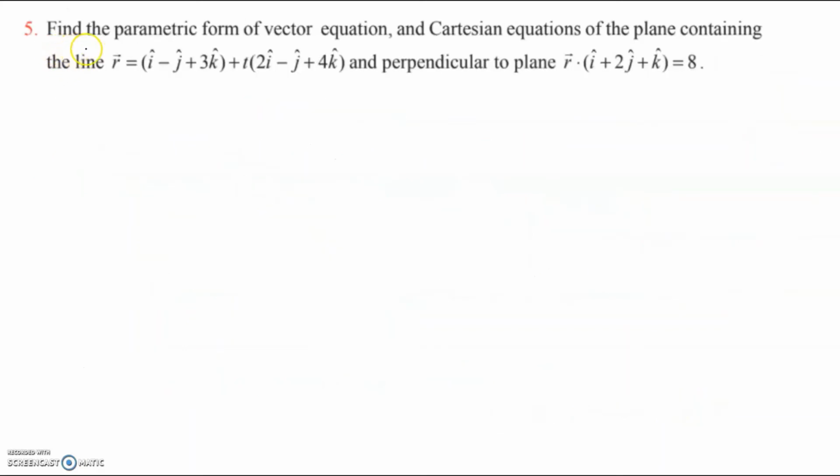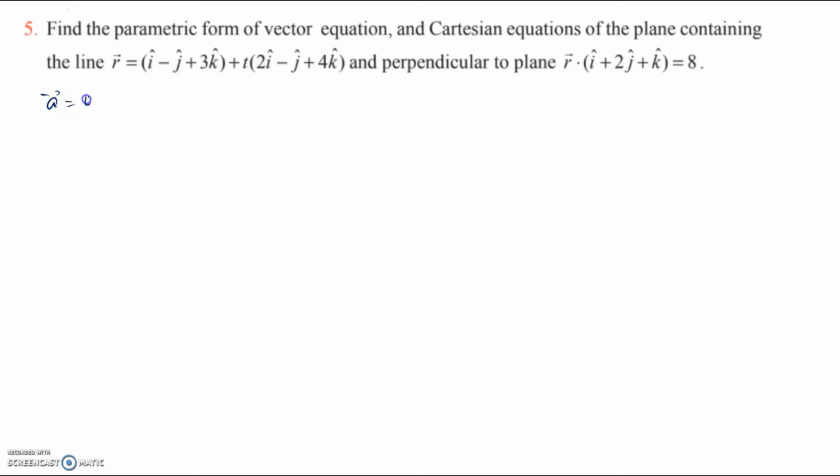Question number 5. Find the parametric form of vector equation and Cartesian equations of the plane containing the line r is equal to i cap minus j cap plus 3k cap plus t times 2 i cap minus j cap plus 4k cap and perpendicular to the plane r vector dot product with i cap plus 2 j cap plus k cap is equal to 8. Since this line is contained in the plane, the point which would be our point A or this position vector here is on the plane,